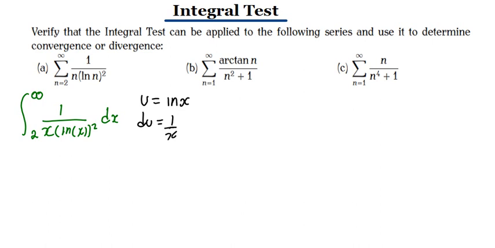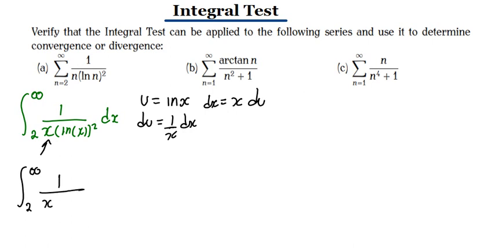I'm using u substitution here, trying to cancel out this x, so dx is equal to x du. I can come back here and say we have 2 to infinity,